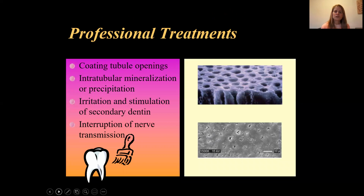Now, some of the professional treatments that we have are going to coat the tubule openings. They're going to cause the dentinal tubules to mineralize or have a precipitate form within those tubules. And the irritation of the recession areas and the fluid movement in and out is going to stimulate the tooth itself to form that secondary dentin. We want to try to interrupt the nerve transmission,